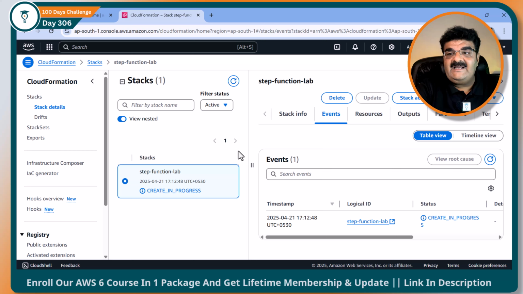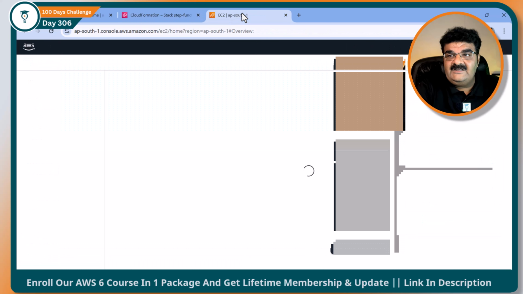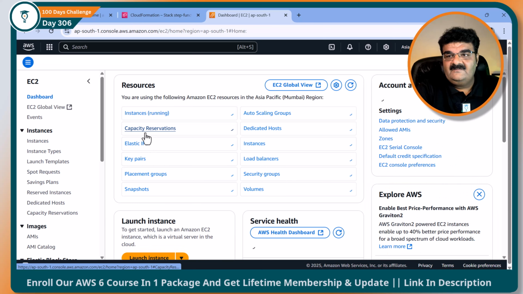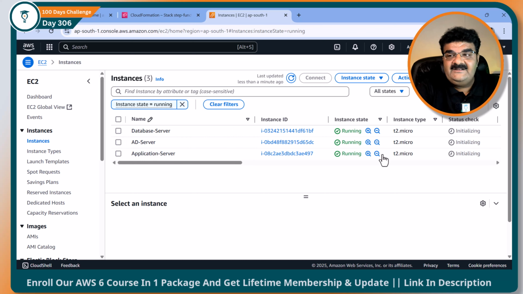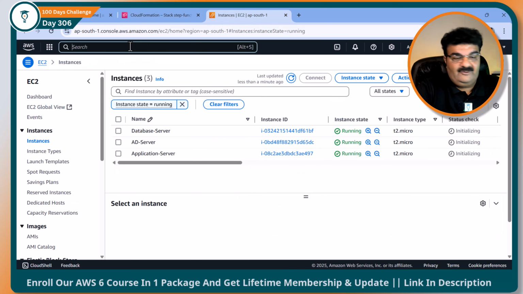I just loaded my CloudFormation template. Right now it is giving me this message, create in progress. It is going to take almost 2 to 3 minutes. Once you refresh this after 2 to 3 minutes, you will get stack completed and we will get these servers as well. So I'm going to EC2. Here, if you look at this, we don't have any running instance, but now I'm getting it and it is initializing because my stack is actually working. Same way, if I go to the Lambda,